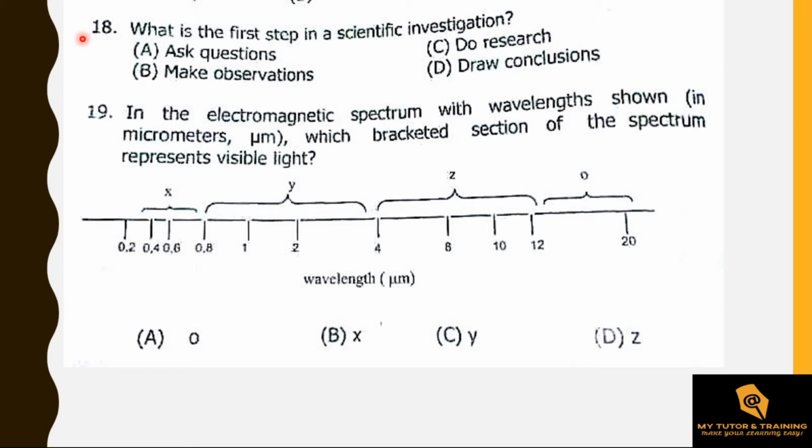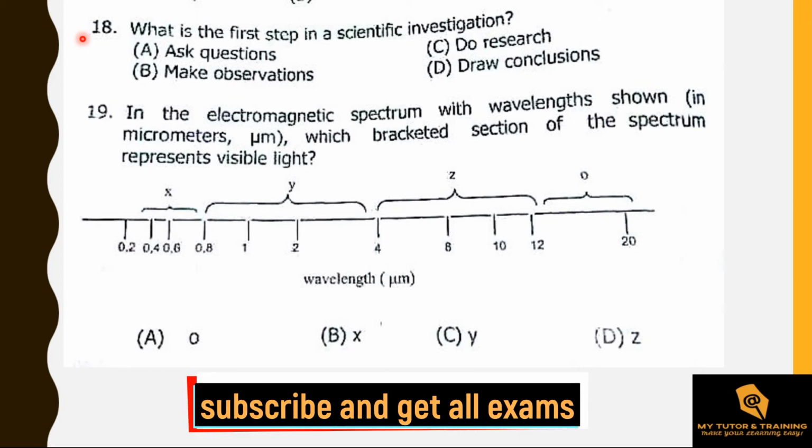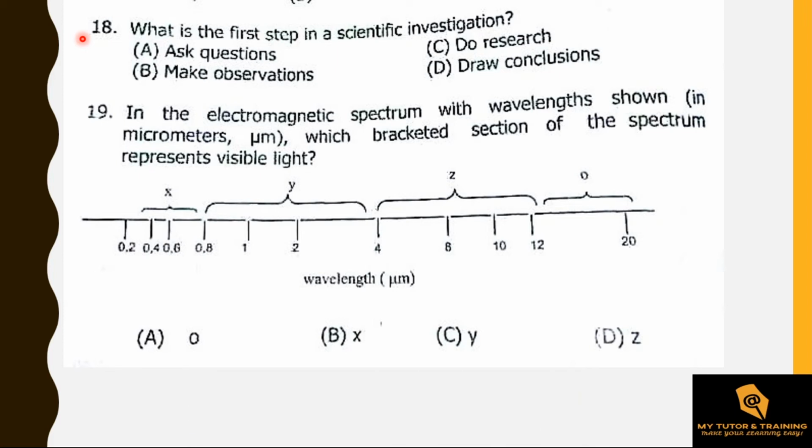Let's come to question number 19, students. It says, in the electromagnetic spectrum with wavelengths shown in micrometers, which bracket section of the spectrum represents visible light? The ranges given are 0.2 to 0.8, 0.8 to 4, 4 to 12, and 12 to 20. By the way, visible light